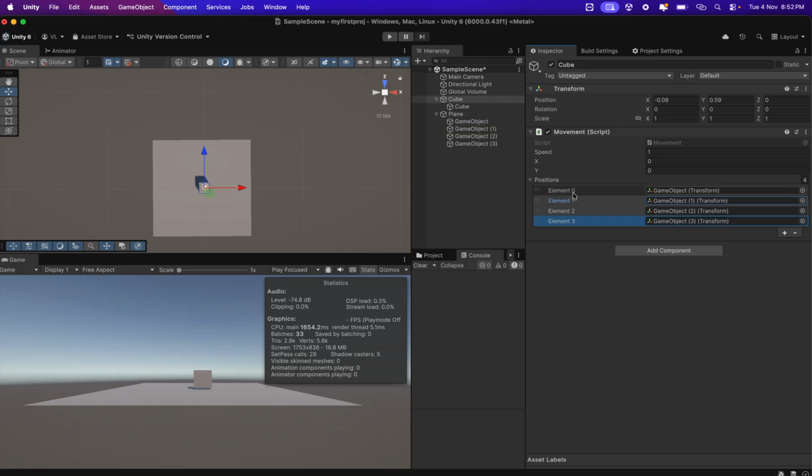The first element of an array, whichever it is, whether it is an integer, whether it is a game object, whichever it is, the array, the particular,